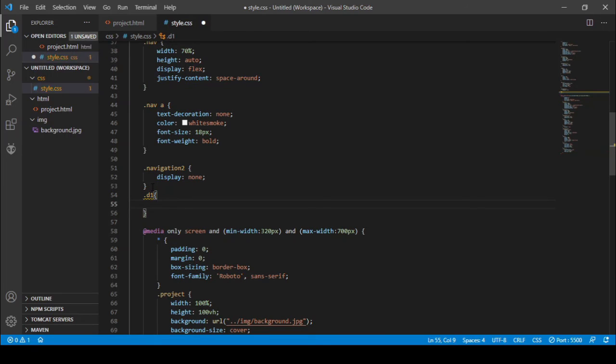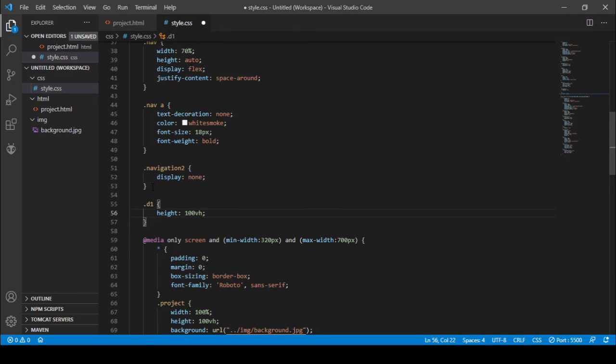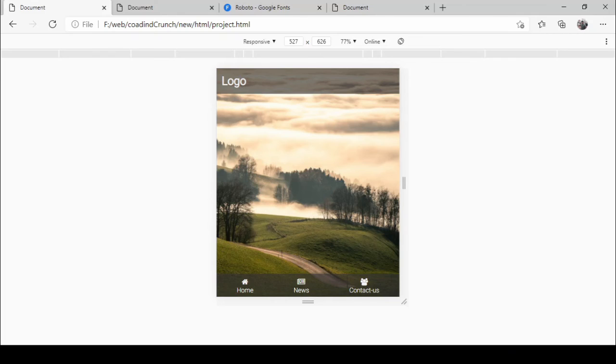Let's give the class D1 height as 100 VH, and let's save it and let's open it.